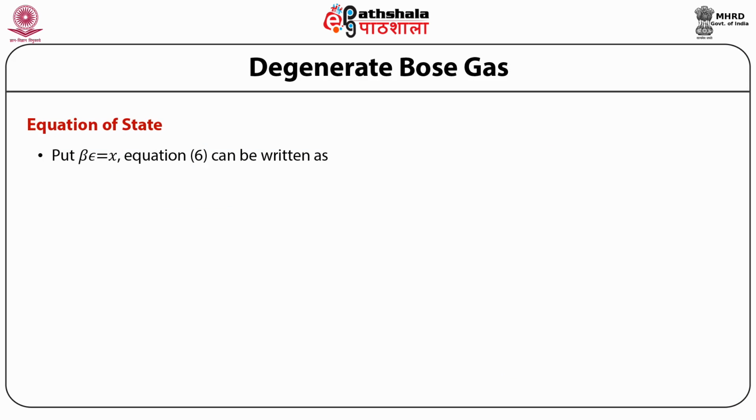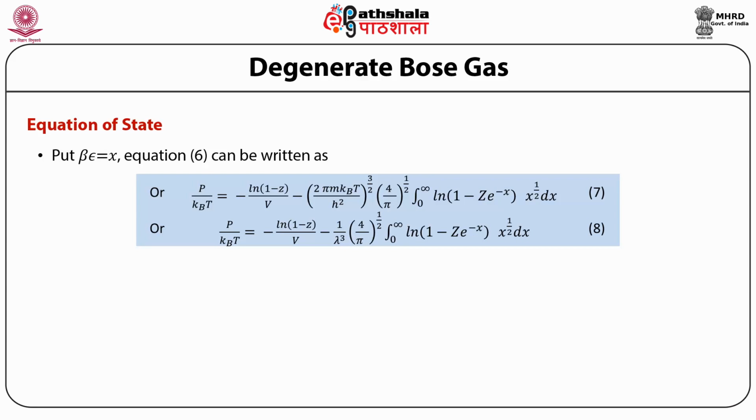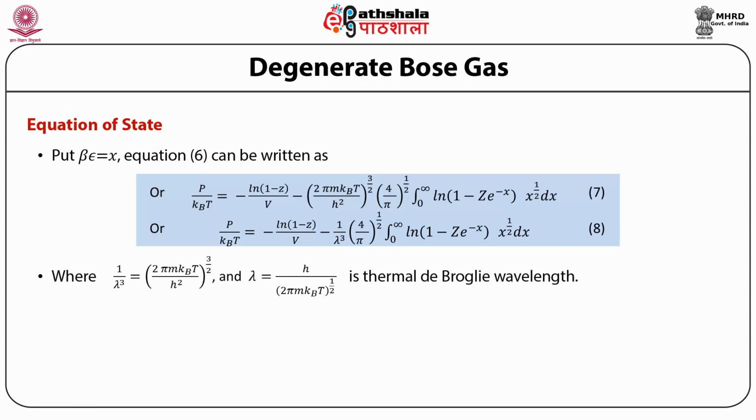Putting beta epsilon is equal to x, equation 6 can be written as P upon kBT is equal to minus log of 1 minus z upon V minus (2 pi m kBT upon h square) raised to power 3 by 2 into 4 upon pi raised to power half integral from 0 to infinity log of 1 minus z e raised to power minus x, x raised to power half dx, or P upon kBT is equal to minus log of 1 minus z upon V minus 1 upon lambda cube, 4 upon pi raised to power half integral from 0 to infinity log of 1 minus z e raised to power minus x, x raised to power half dx,